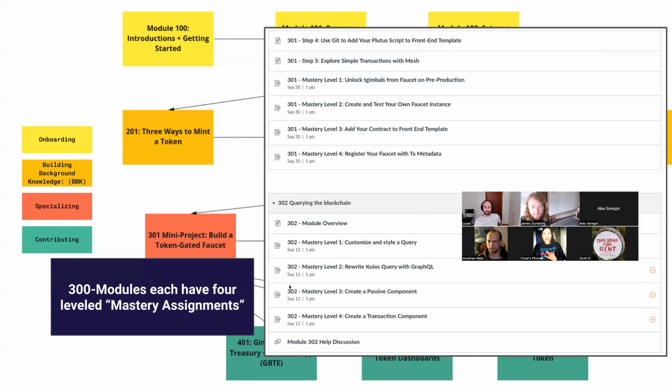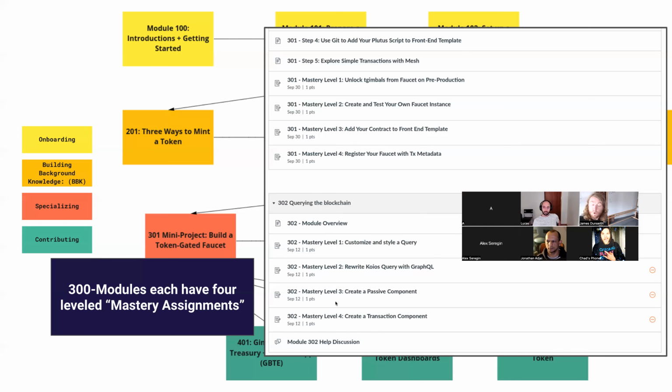But what you got me thinking about with token bundles, and this is a question I could really go either way on, right? When we talk about a credential token, or for this course in particular, is there one token where there's metadata that says which of these mastery level assignments you completed by which date? Or do you get a bundle of tokens? Do you get one token for each of these mastery level assignments, and different of them open up different access to different contribution opportunities?